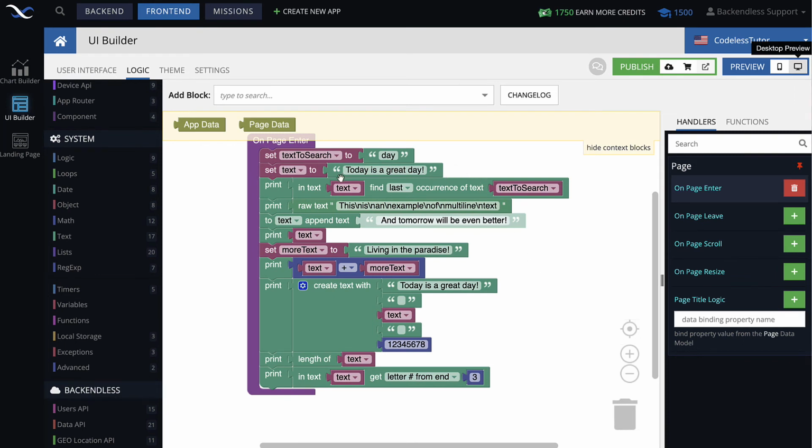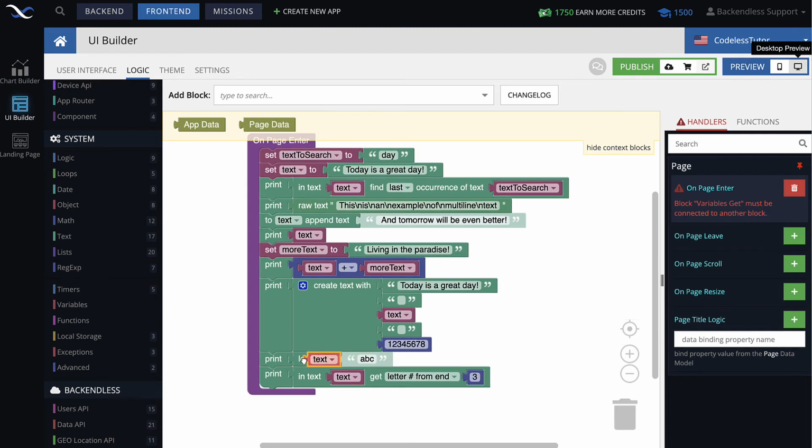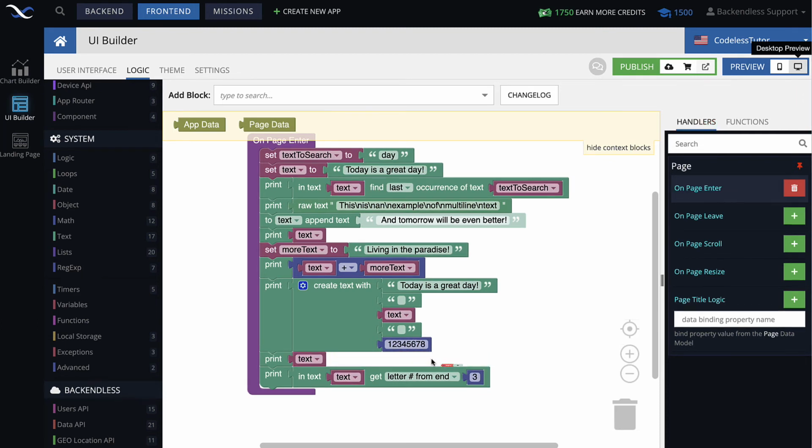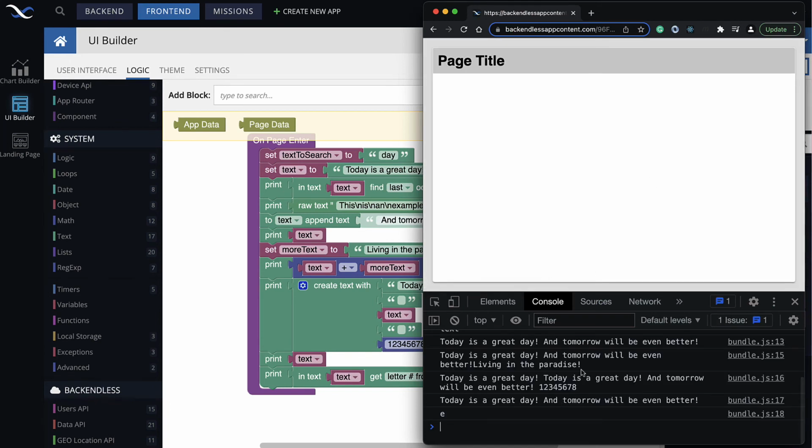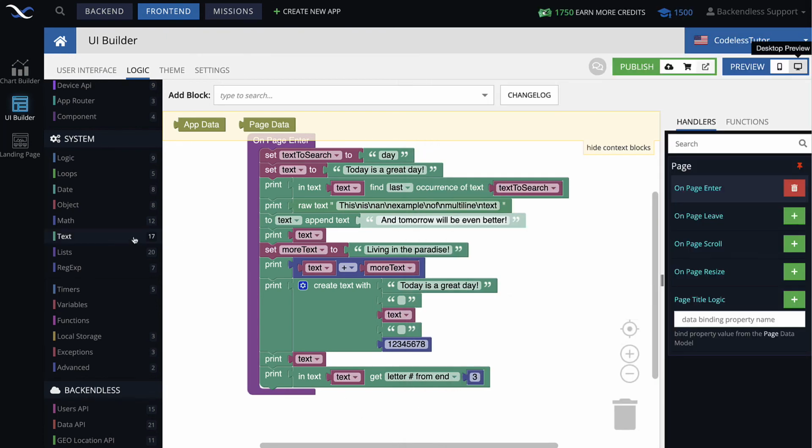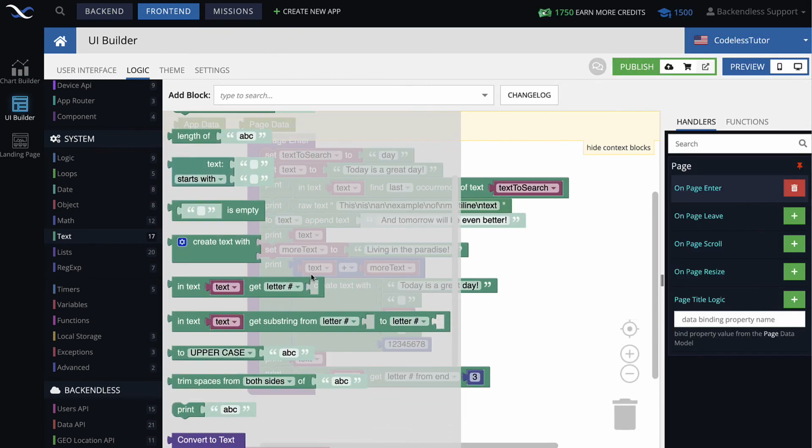Because we have modified this text. And in fact, we have so much stuff that I don't even remember what text is. So let's do this: we will print this text, and then from the end, we will get the third one, just so it makes more sense. All right, so here it is. This is what text contains. And of course, the third character from the end is E, because the first one is the exclamation point, second is letter R, and third is letter E. So that makes perfect sense. Okay, let's move on.